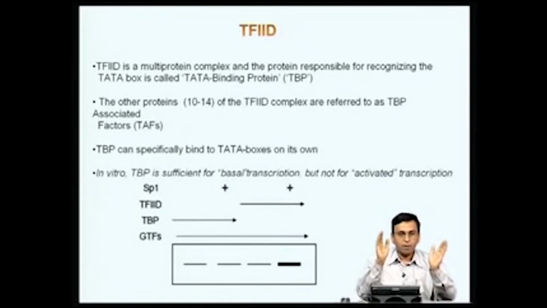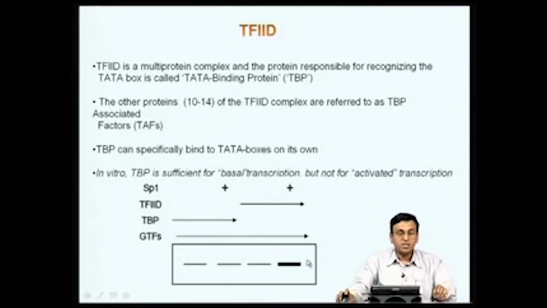That means, if you have a promoter region which contains not only the core promoter sequence, but also the binding site for a transcription factor, for example SP1, which is a specific transcription factor that binds to a proximal or distal promoter element. When you take such a promoter sequence, which contains a core promoter sequence as well as the binding sequence for an upstream activator, and you put only TBP instead of TFIID, the level of transcription is more or less the same. Addition of TBP does not make any difference. So, SP1 cannot activate transcription when you have only TBP, whereas when you have TFIID instead of TBP,